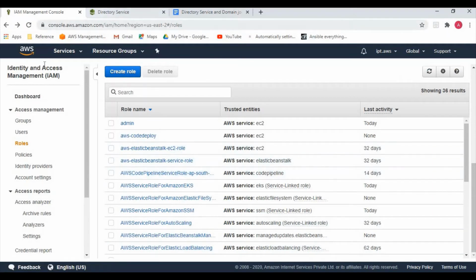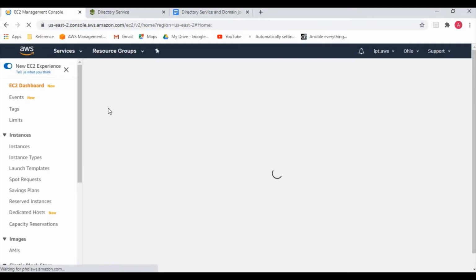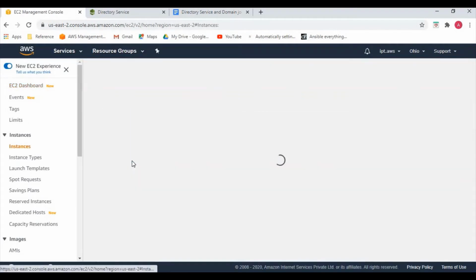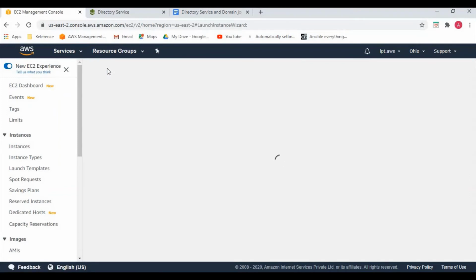Okay, it is created. So let's go back to the EC2. So this method will be used while launching the EC2 instance itself. So I'm just launching the new instance now.